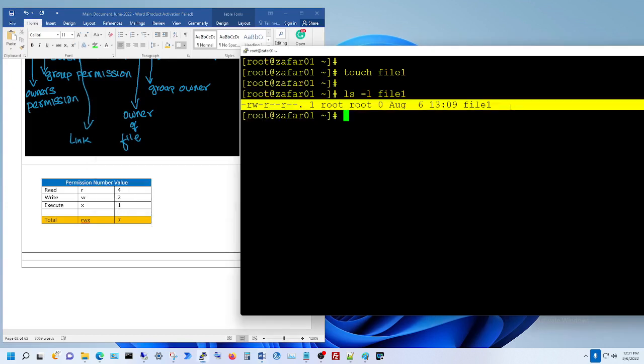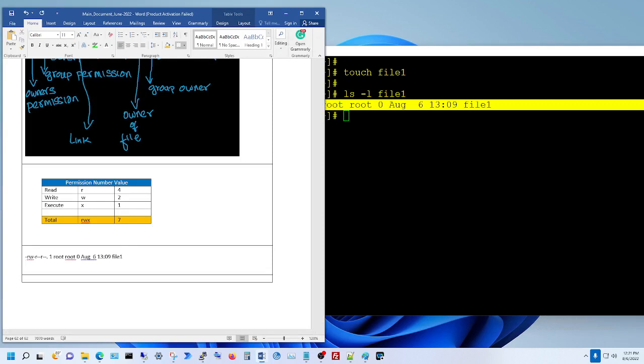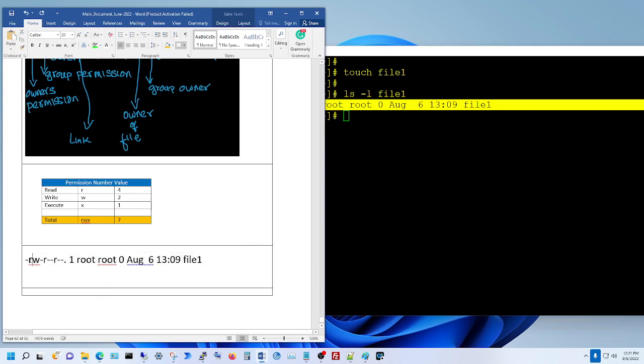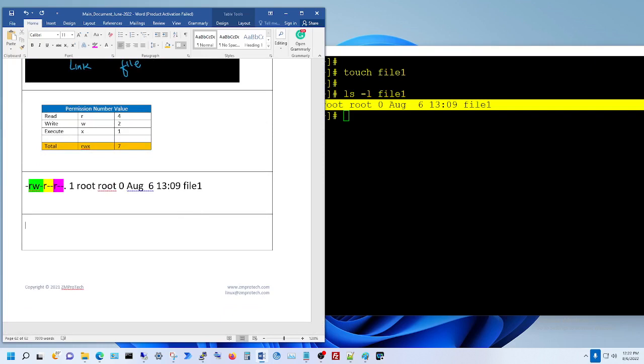So let me copy this part here. So for this read write, these 3 positions are one set, and these 3 positions are another set of permissions for a different user. And this is for others. So how is that coming up? I'm going to show you here. So understanding for file 1,